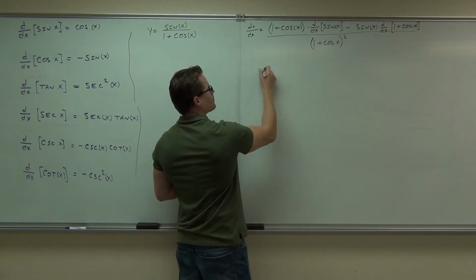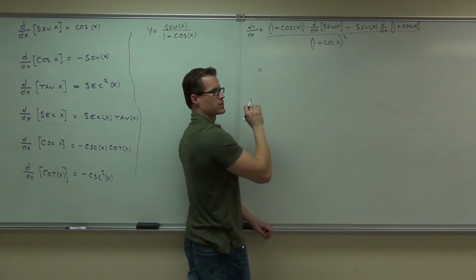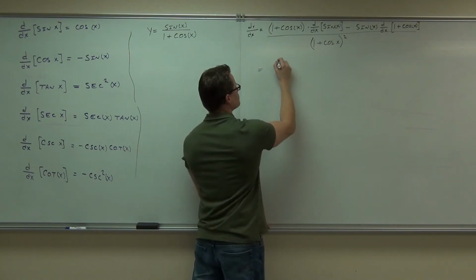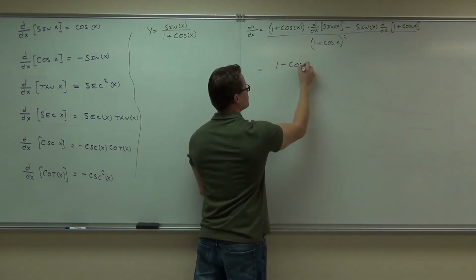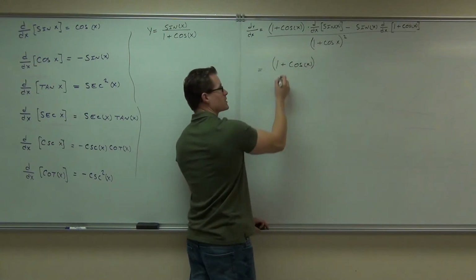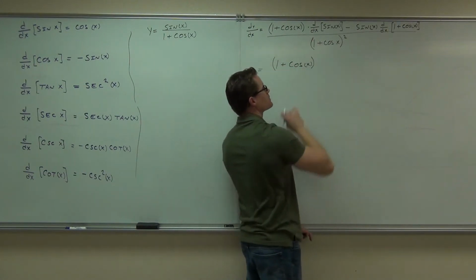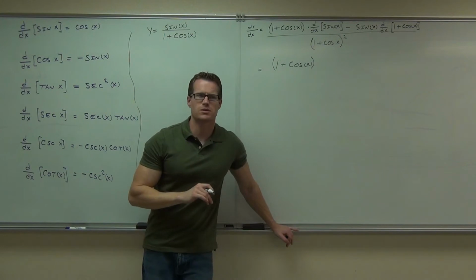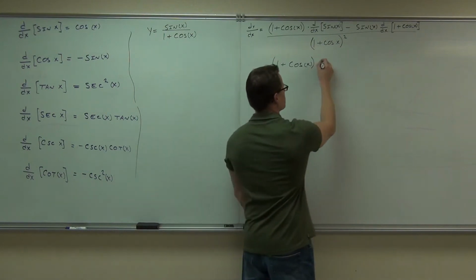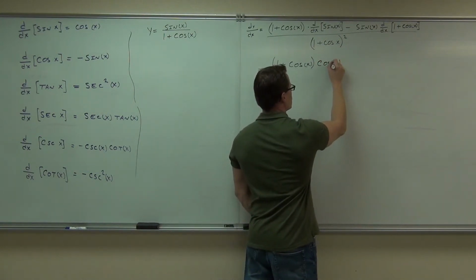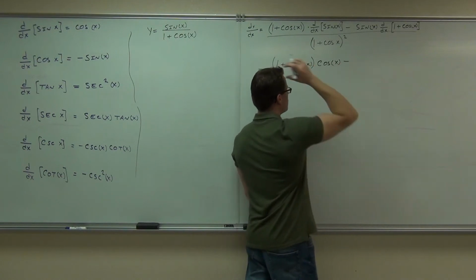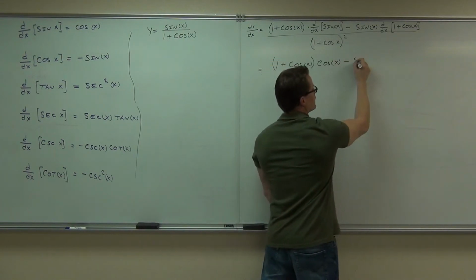So here, do I take the derivative of 1 plus cosine x there? No. I need parentheses still because I'm multiplying, times the derivative of sine x. What's the derivative of sine x, folks? Good. Okay, got it. Minus, I don't take the derivative of sine x,